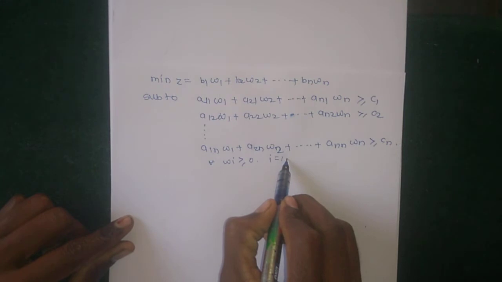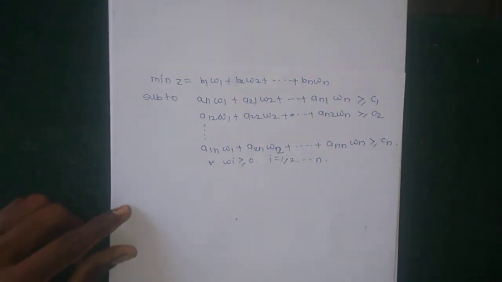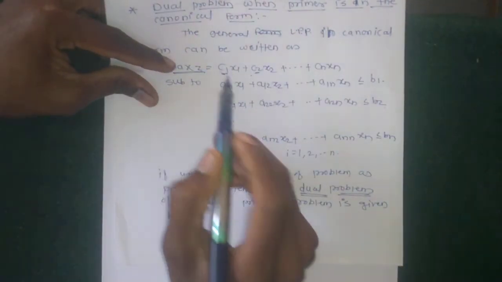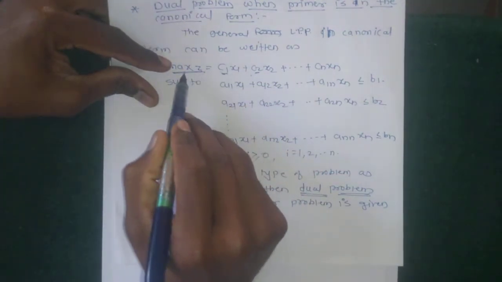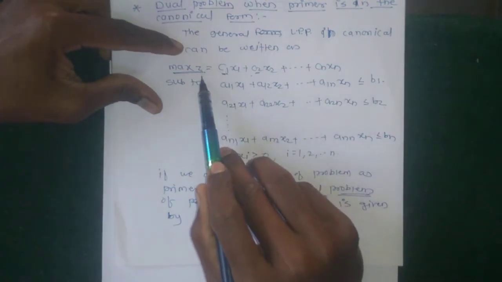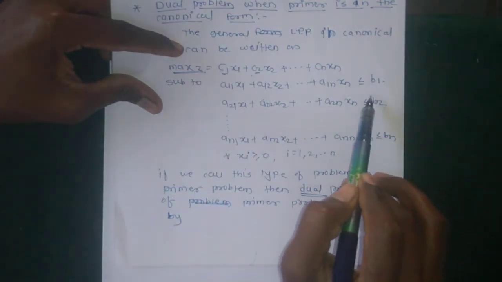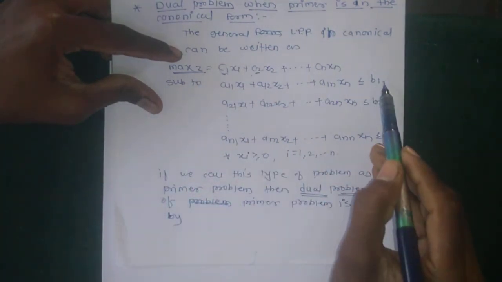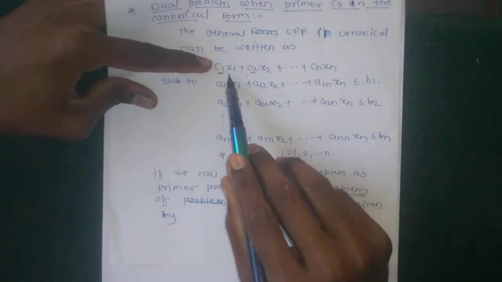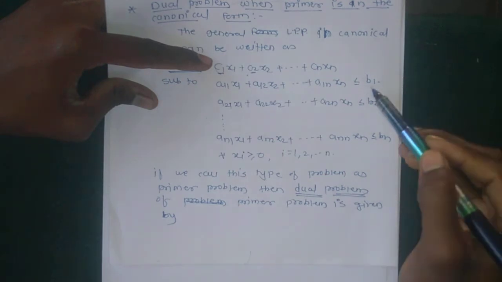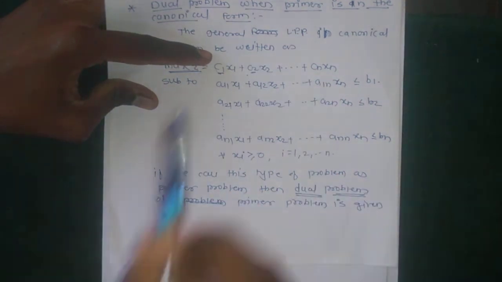Where i runs from 1 up to n. If the function given is to maximize, then in the dual problem the function is minimize. When the objective function is maximize, the constraints must be less than or equal, then in the dual problem the constraints are greater than or equal. Write the coefficients of the objective function in the RHS of the constraints, and the RHS of the constraints in the objective function.